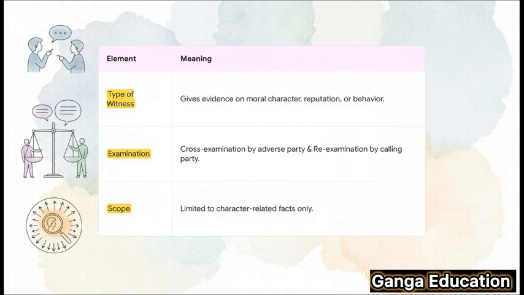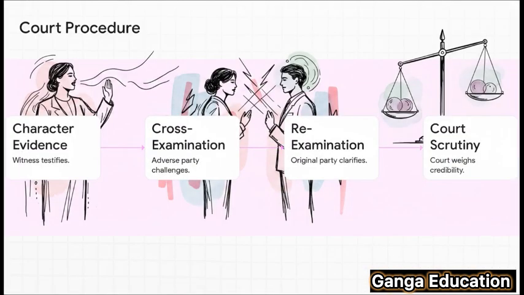कर सकती है तो चैलेंज द क्रेडिबिलिटी, और जिस पार्टी ने विटनेस बुलाया है वो री-एग्जामिनेशन करके क्रॉस-एग्जामिनेशन से उठे पॉइंट्स को क्लैरिफाई कर सकती है। एंड फाइनली थर्ड, स्कोप। ये बहुत इंपॉर्टेंट है कि सारे सवाल-जवाब सिर्फ और सिर्फ कैरेक्टर से जुड़े फैक्ट्स तक ही लिमिटेड हों।